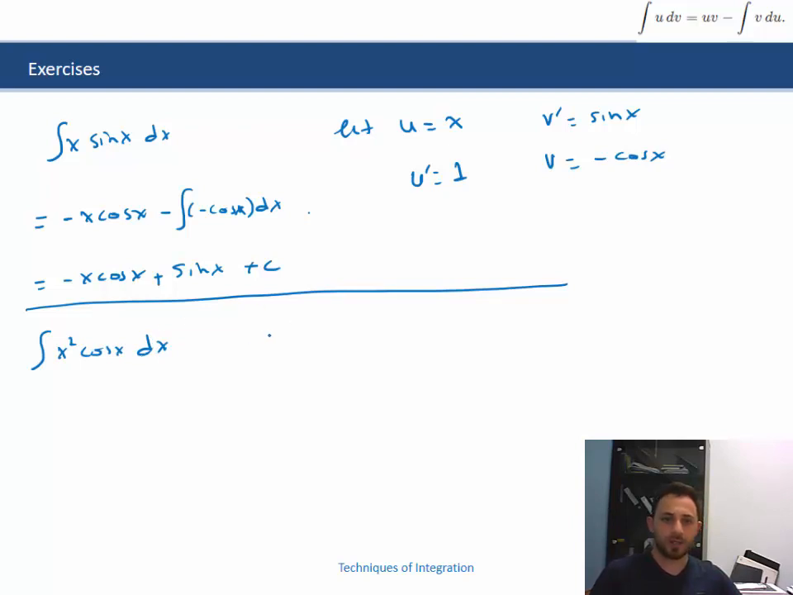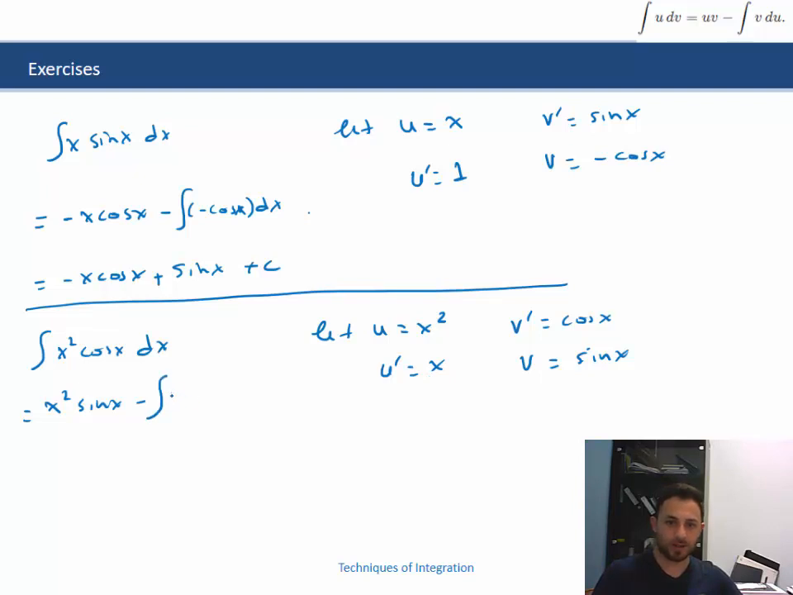Now you want to say, okay, again, because x squared, I want to make it simpler, let u equal x squared, u prime is equal to 2x, v prime equal to cosine x, and v is equal to sine x. The integral of cosine is sine. Then u dot v minus u prime v, x sine x